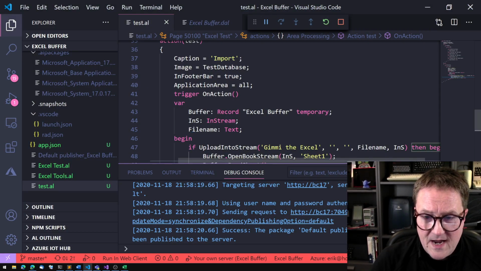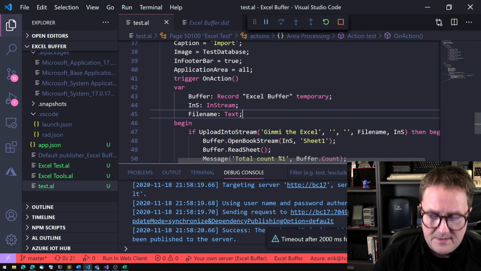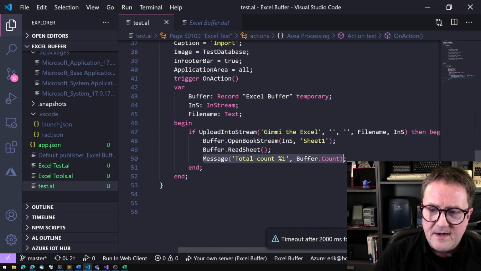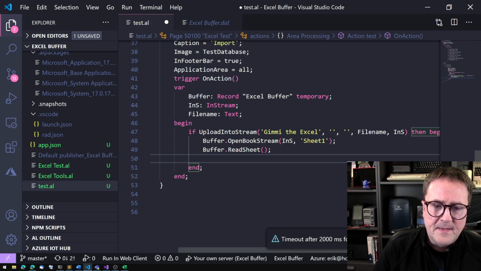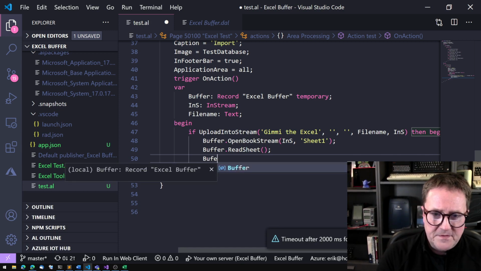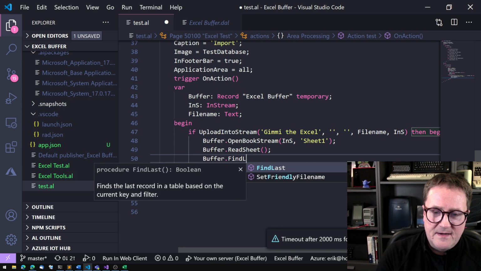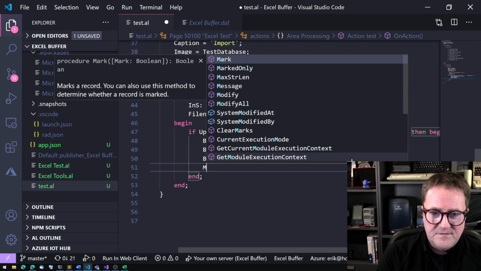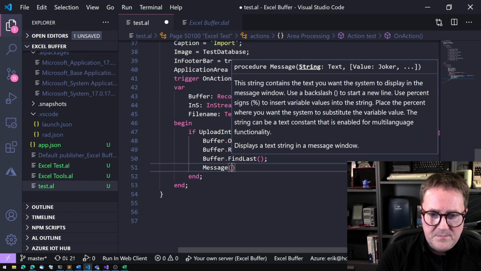So clearly we have our data. That's pretty good. Let's get rid of that again. Then we need to figure out how to go about actually getting the data. So if I do buffer find last, and then let's make this easy, message